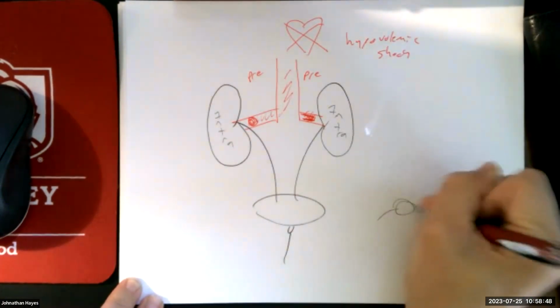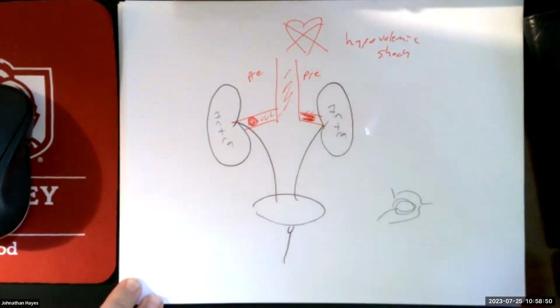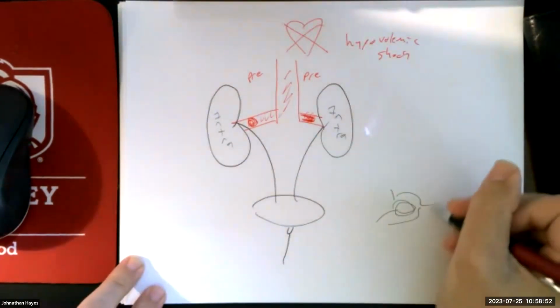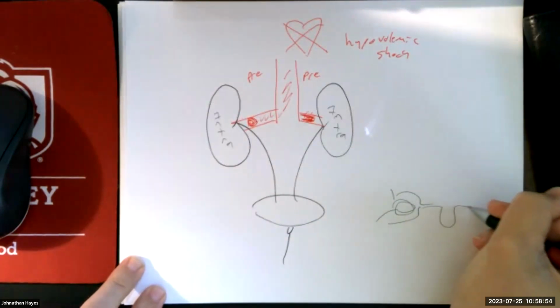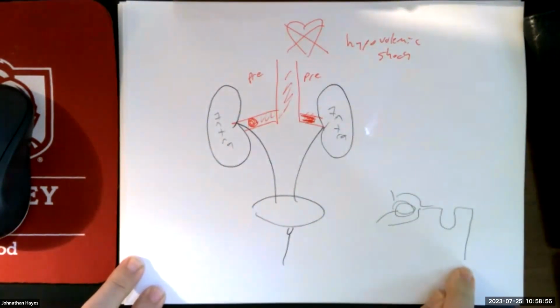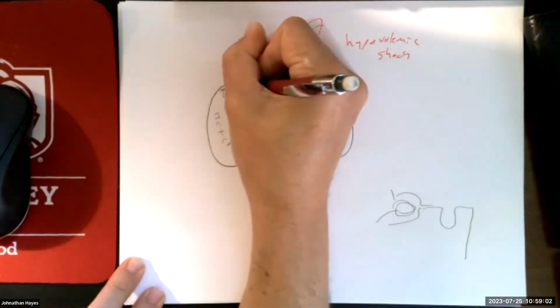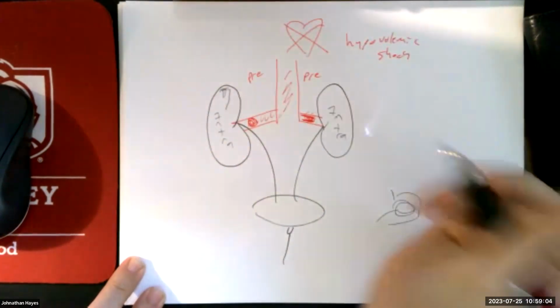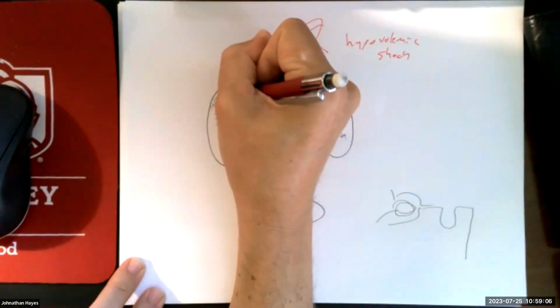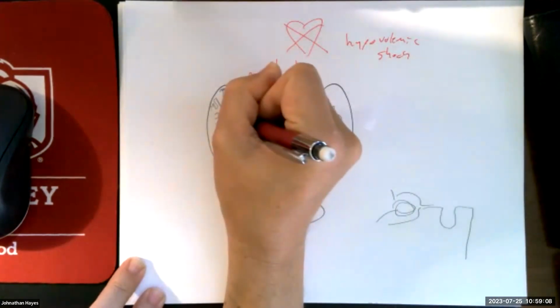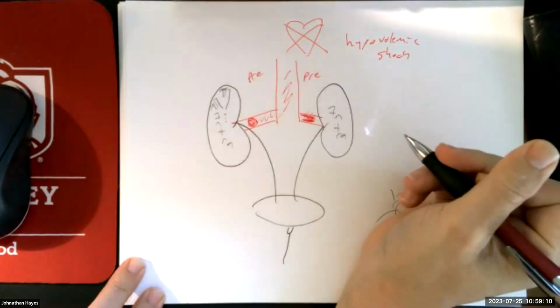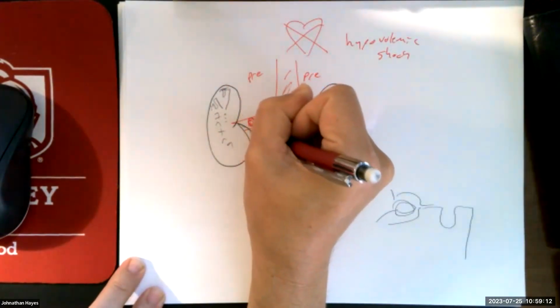Because once I've made it through this system of nephrons, right, your nephrons eventually lead to a collecting duct. And that collecting duct eventually leads to a pelvis. So let's pretend we got a little nephron right here. Here's a loop of Henle. Here's a collecting duct. Right, here's another loop of Henle. Here's another collecting duct. Those collecting ducts will drip, drip, drip into this pelvis, and eventually that will leave going